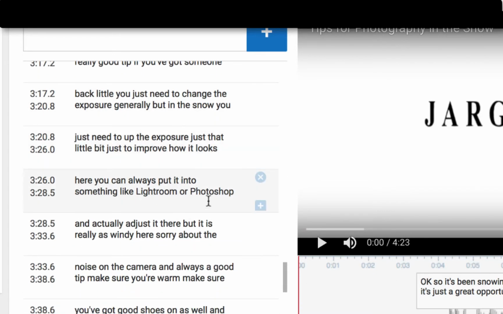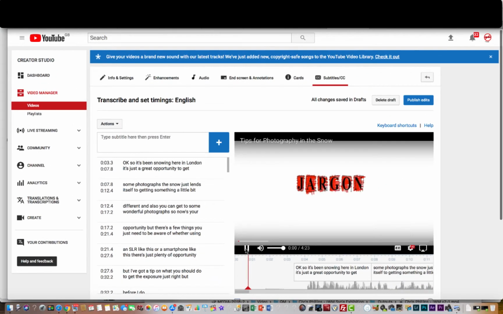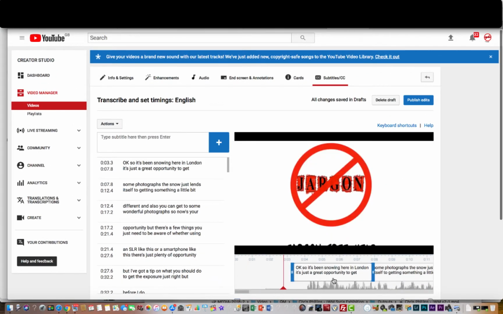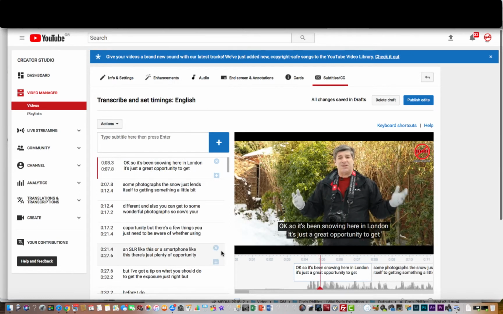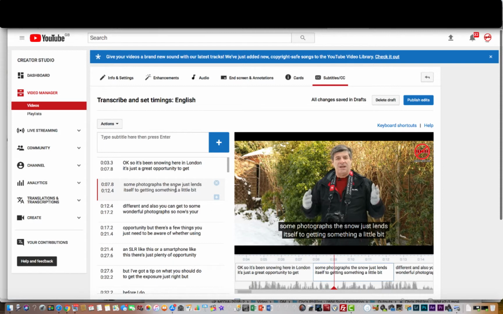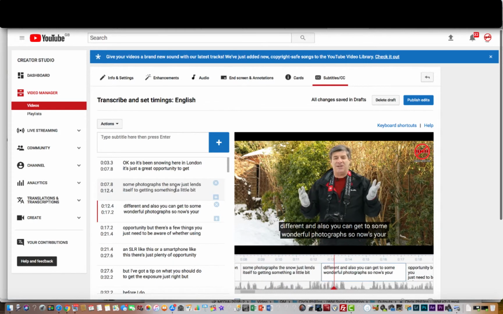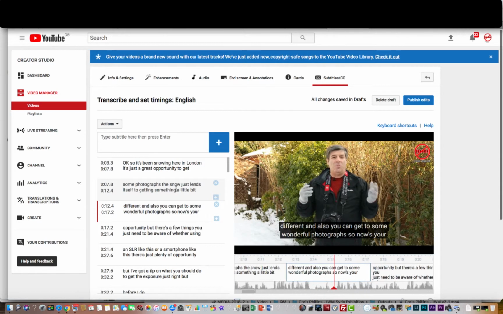So let's just go back up to the top. Let's just play and just see what it comes up with. So you can see it's also down here in the timeline. Okay, so it's been snowing here in London. It's just a great opportunity to get some photographs. The snow just lends itself to getting something a little bit different, and also you can get just some wonderful